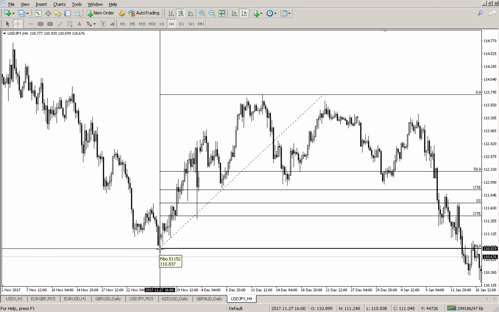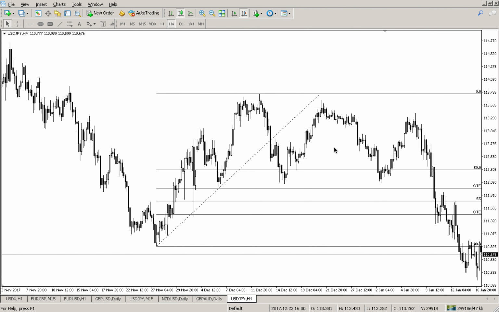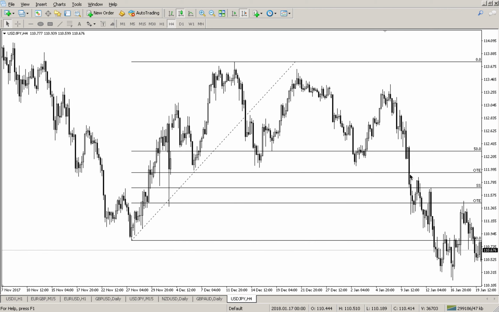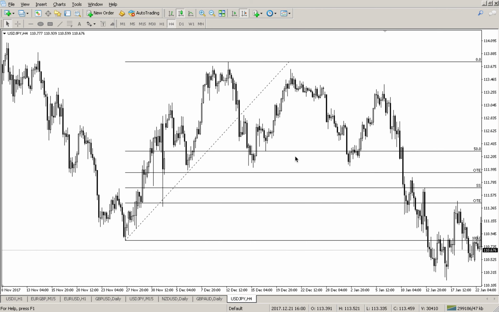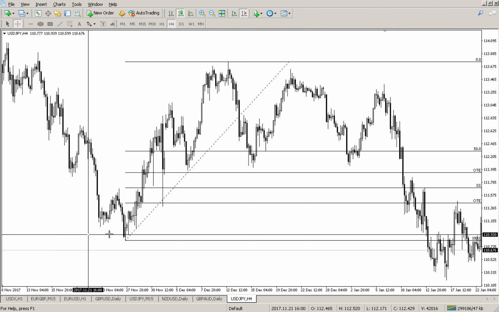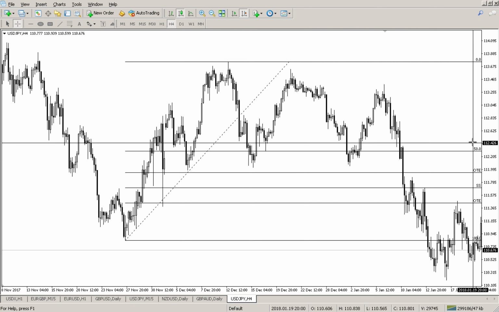This is just showing you the areas in between any significant high or any significant low, guys, alright? And what it is essentially showing you is where the equilibrium is, okay? So 50% is equilibrium. That is the midpoint of the range, guys. And that's a very important concept as well. I'll probably do a separate video on it, but the equilibrium is more or less the midpoint of any range, and it's very important because that midpoint is a pivotal